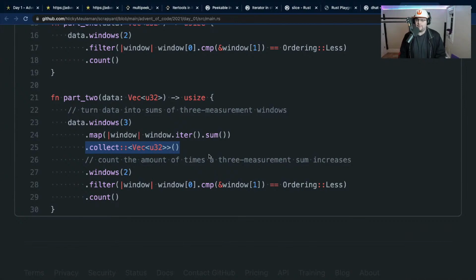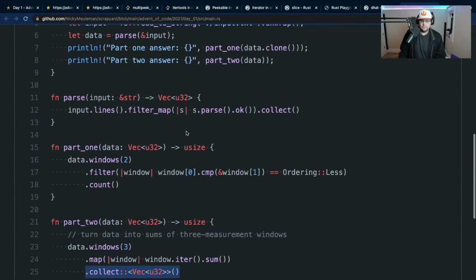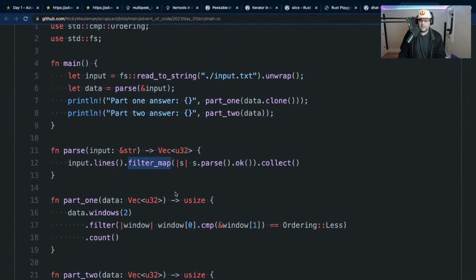You could have also used flat map. Flat map for up here for instead of filter map, you're saying?